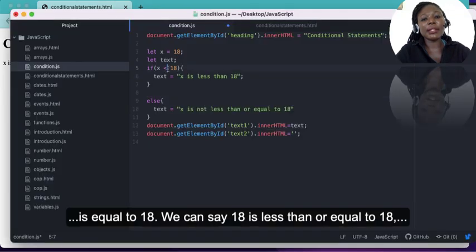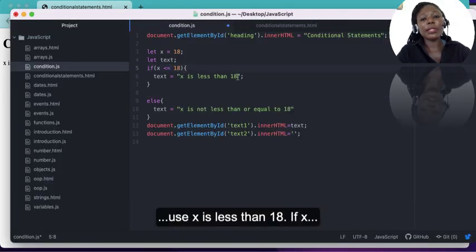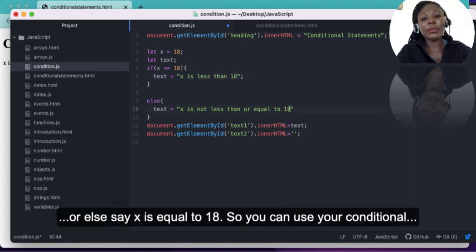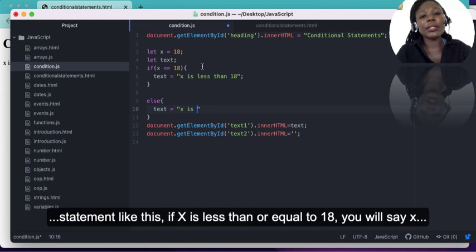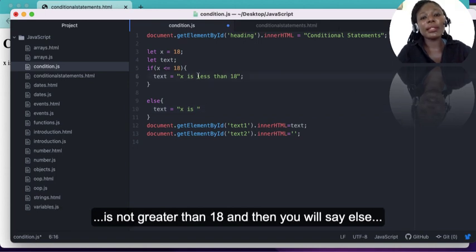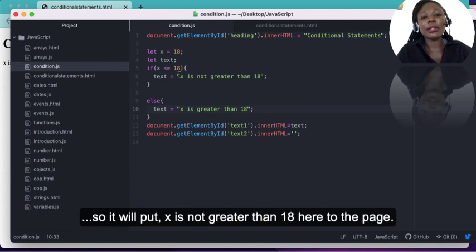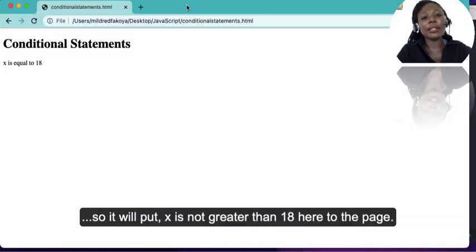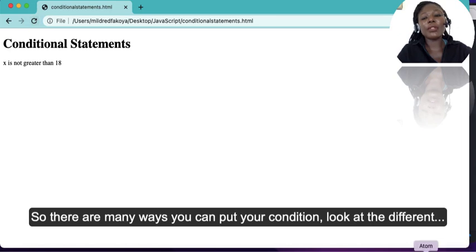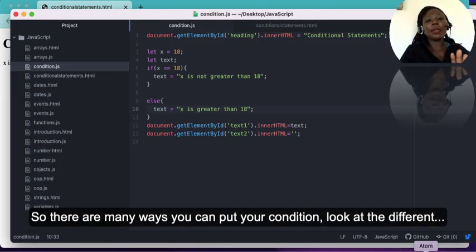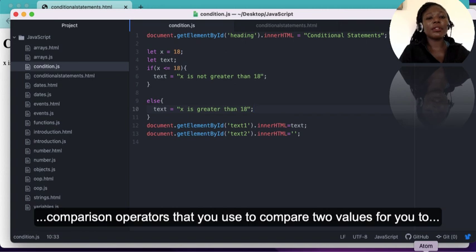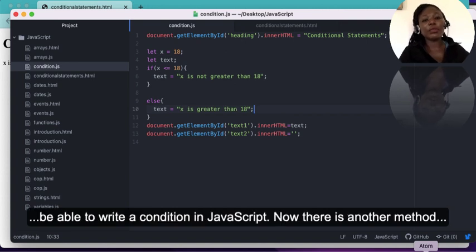You can say if x is less than or equal to 18, use x is less than 18. If x or else, you say x is equal to 18. So you can use your conditional statement like this. If x is less than or equal to 18, you say x is not greater than 18. And then you say else x is greater than 18. So now x is equal to 18, so it will put x is not greater than 18 here to the page. So there are many ways you can put your condition. Look at the different comparison operator that you use to compare two values